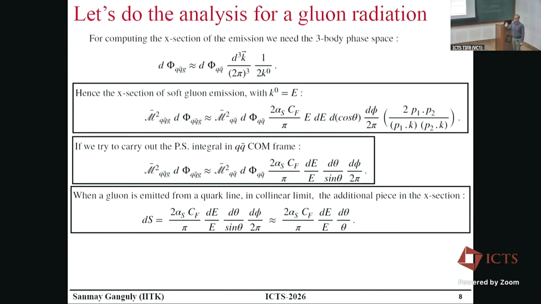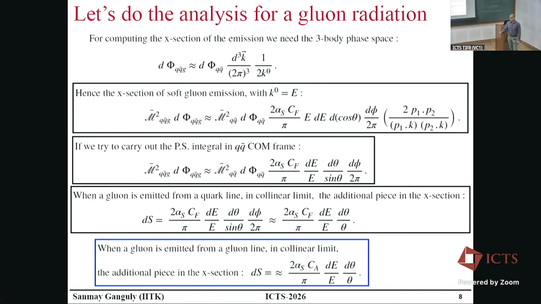So there are two such differential pieces. Now, if you compute this for a gluon being emitted from a quark line, this CF factor comes. If you repeat the same calculation using the trilinear vertex of the gluons in QCD, there will be a factor of CA. For an SU(NC) class of theory, CA is equal to NC, which for our good old QCD is 3. And that's the formula you really care about: the probability distribution function of emission of a single gluon from either a quark line or a gluon line has this nice little structure.